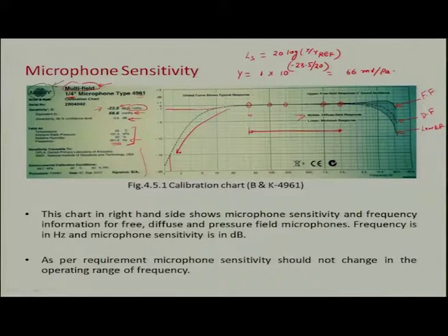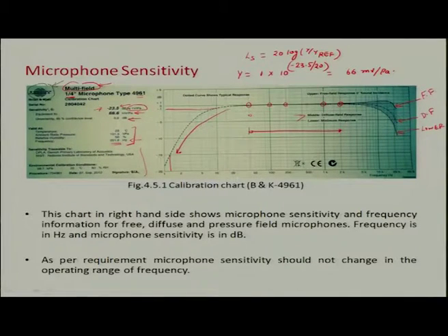If we are in free field conditions, then we use the upper line, if we are in diffuse field then we use the middle line, and so on and so forth. So, that is how we use this chart. It is important to understand how to use this chart, because it gives us a lot of information. Now, we had said that there are 5 parameters: linearity, frequency response should be flat, sensitivity,